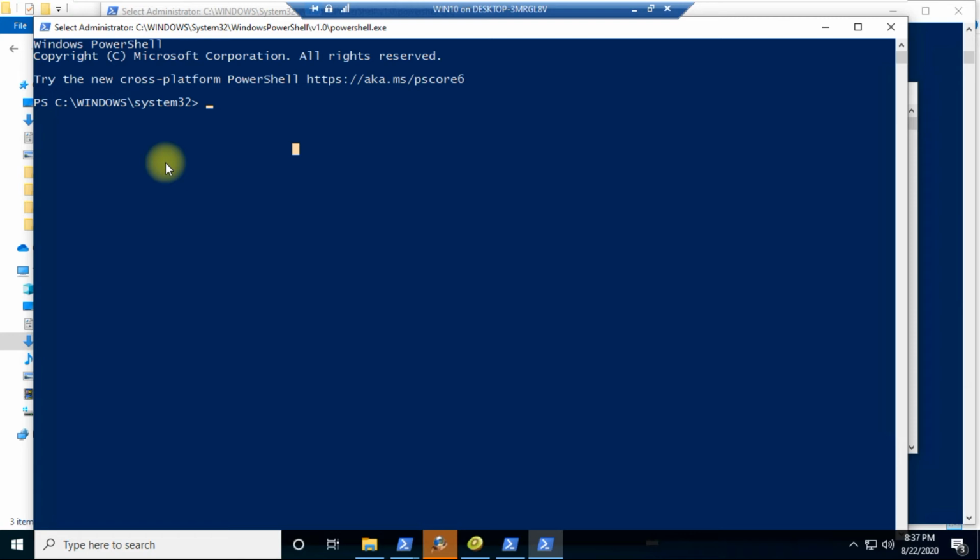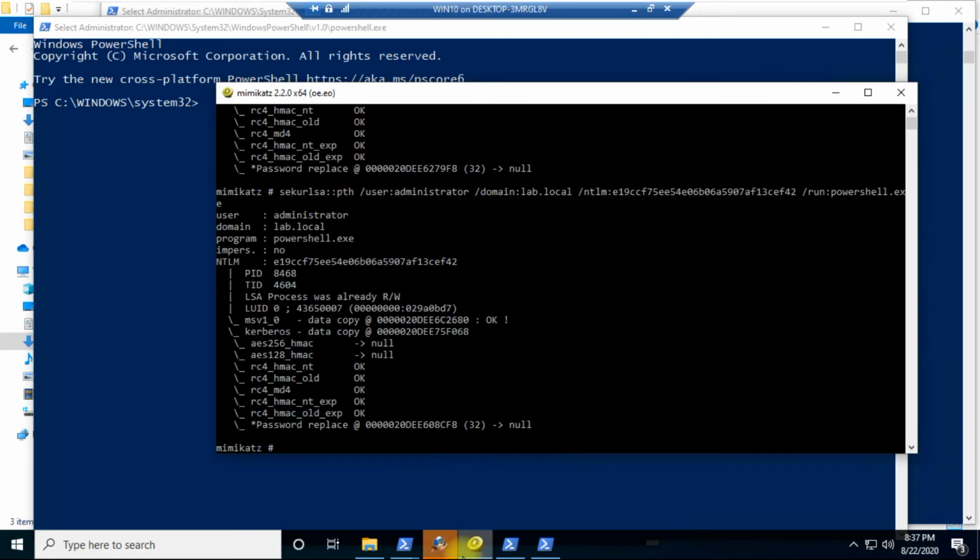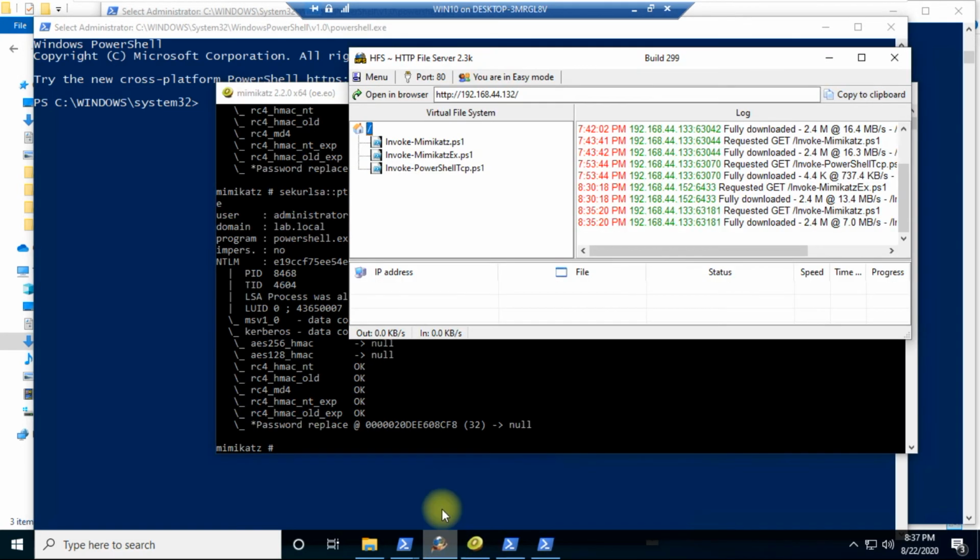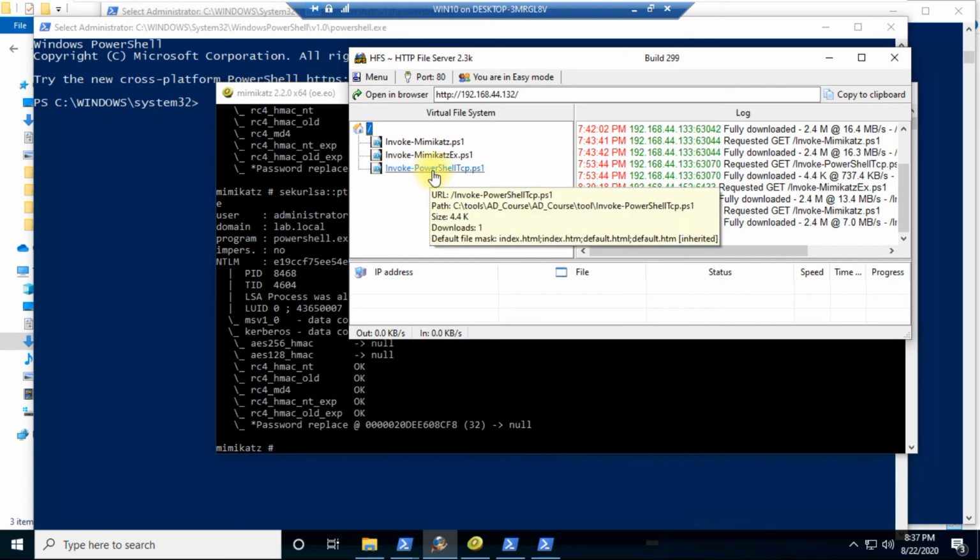So for that we have to utilize one of the scripts that we call Invoke-PowerShellTcp.ps1. I'll open it for you so that you can see it.